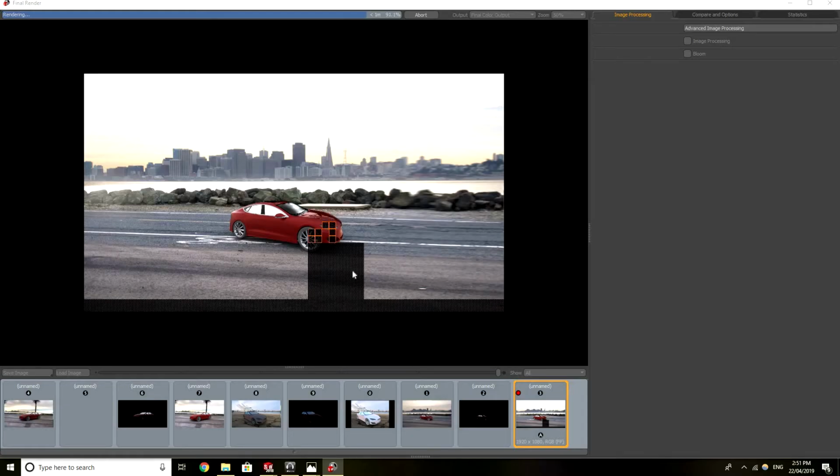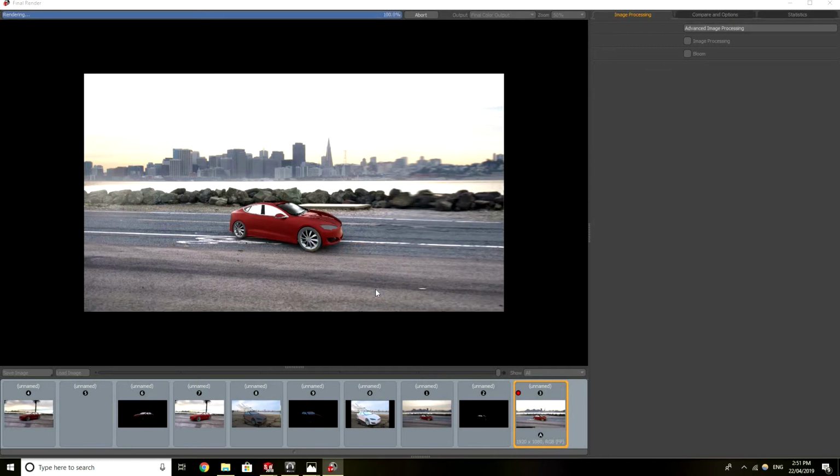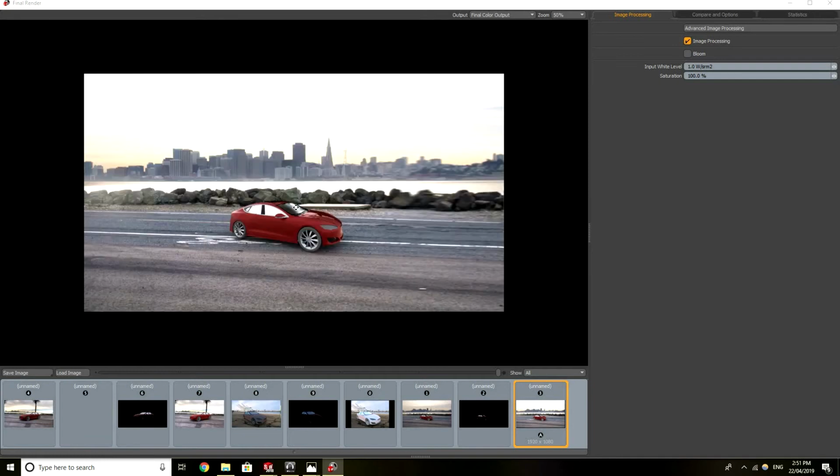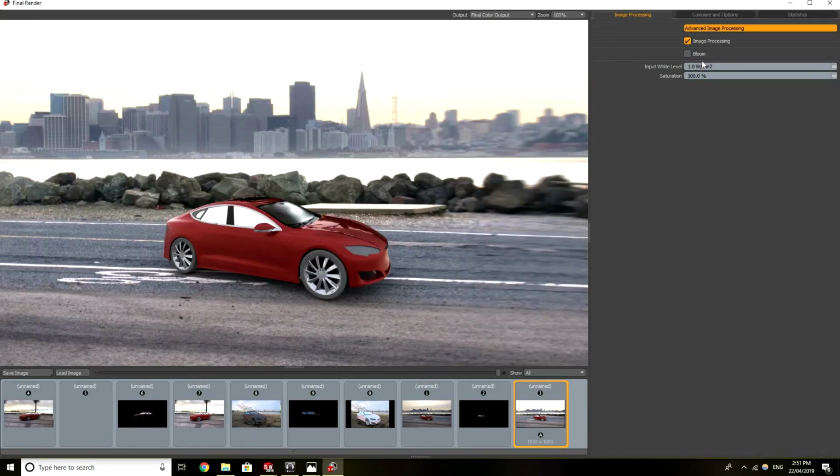So the render's almost finished. This one actually didn't take too long to complete, maybe about a minute or so, and I've just got a fairly average laptop, but it can really depend on the model. So that's completed now. I can zoom in or out as shown here, and I can go to advanced image